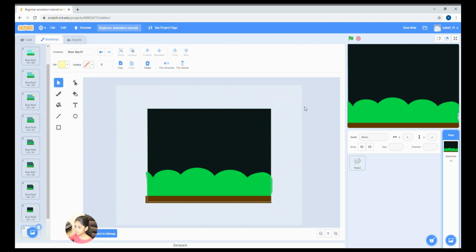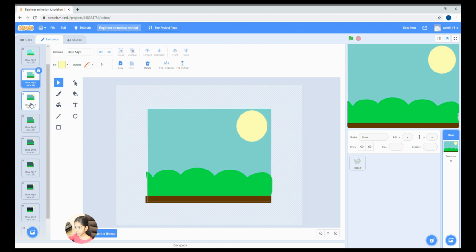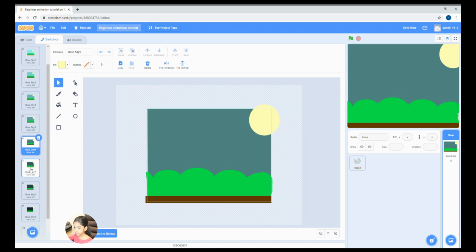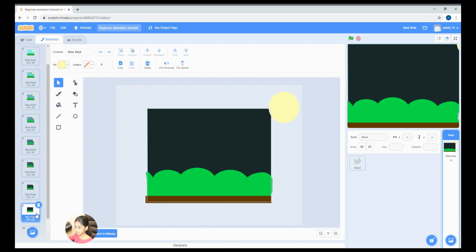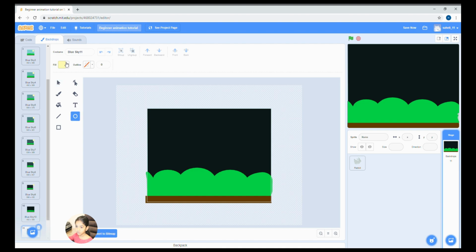Okay, now I'm gonna delete the sun by pressing the delete button on the keyboard. If you don't have a keyboard, you can press the trash can button. Now you can see the sun is going farther away and it's getting darker. So now I'm gonna duplicate, go to the circle, by the fill, press that arrow and turn it white. And then I'm gonna make a circle, that's gonna be the moon, and I'm just gonna duplicate it